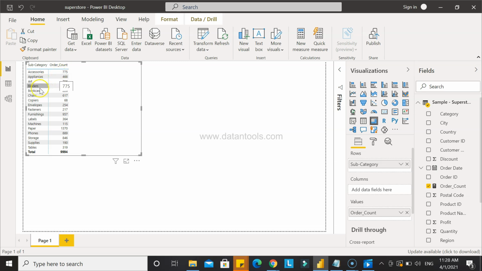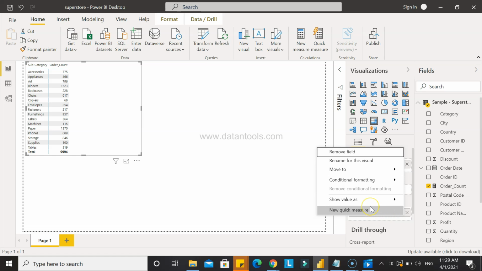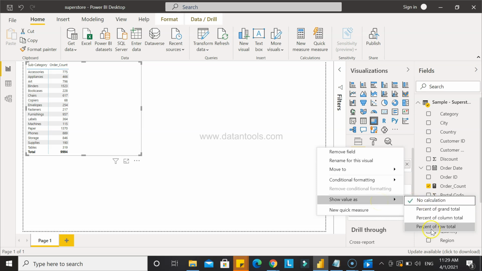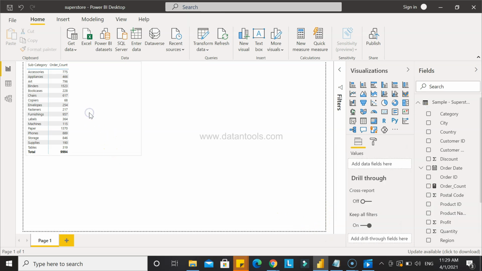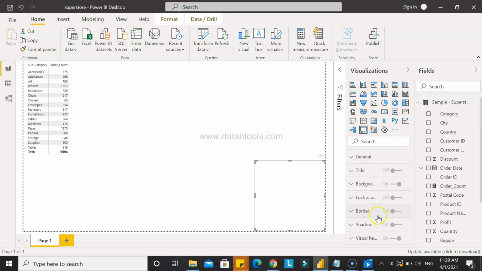Accessories 775, binders is basically 1523. All of this is very similar, but I don't have to specify any order count. Or if you go inside this, what you see is different options altogether. That means you have different features, right? For example, you can do conditional formatting, you can rename this field, you can show the value as: no calculation, percentage of grand total, percentage of column total, percentage of row total. All of these facilities are available because we are using the measure which is order count,